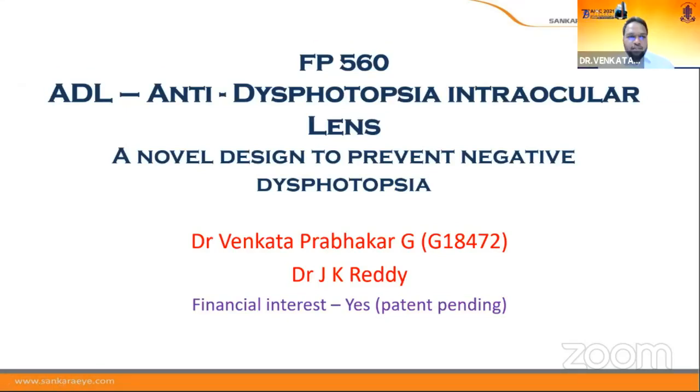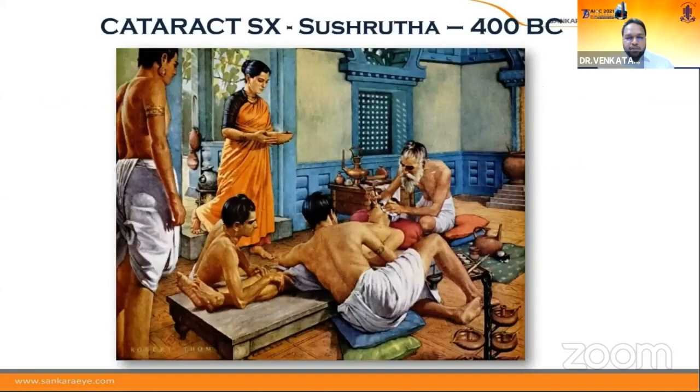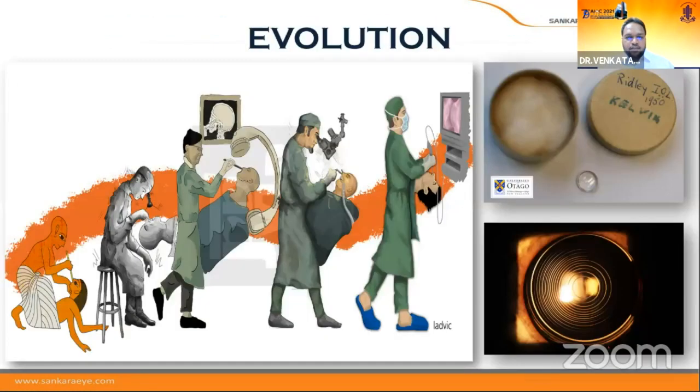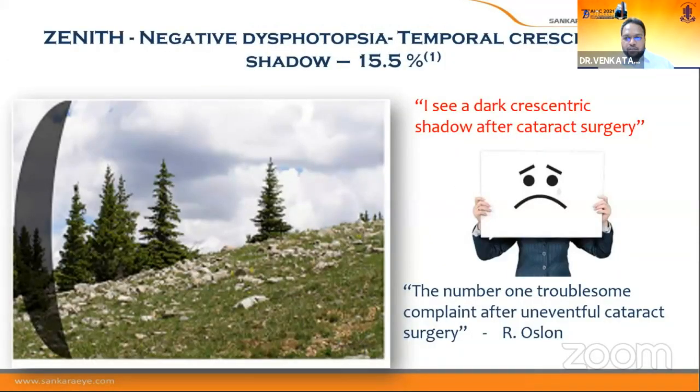My presentation is on anti-dysphotopsia intraocular lens, a novel design to prevent negative dysphotopsia. It has been 2000 years since the first ever cataract surgery was performed. Since then, there has been a lot of evolution, but there are few factors which prevent cataract surgery from reaching its zenith, that is negative dysphotopsia, which is perceived as a temporal crescentric shadow seen in 15.5% of the